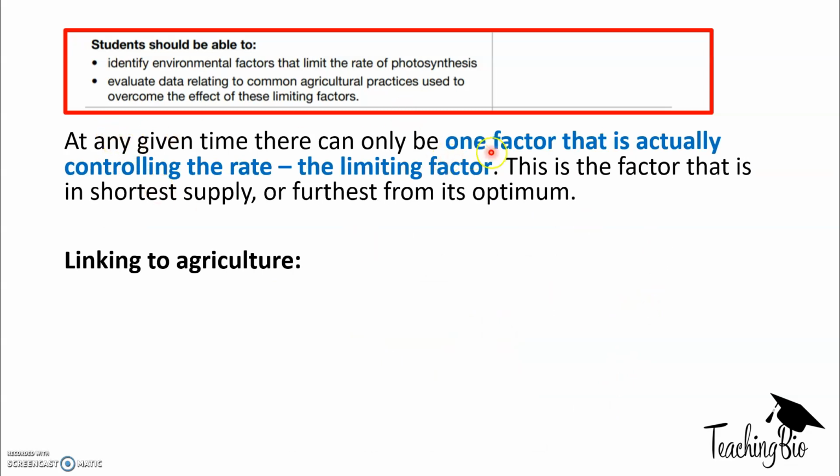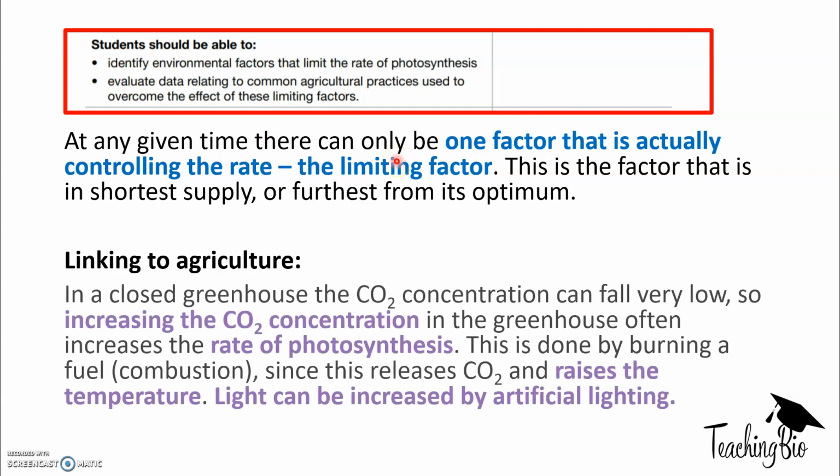So at any given time, there can only be one factor that actually limits it, and that's known as a limiting factor. You can't have more than one limiting the rate of photosynthesis. It'll just be that one factor at that moment in time, because it's not enough, or it's too far away from the optimum that we need. Now, you might be asked to evaluate data. This is very likely, and these are all very boring exam questions, but really they're very simple. If you use logic, you can work them out. And it's basically just, if you can remember this paragraph here, you'll be able to answer any question involving data